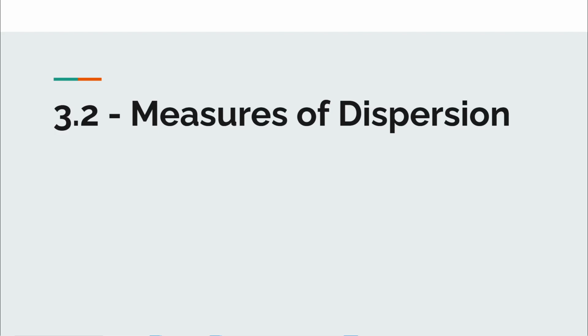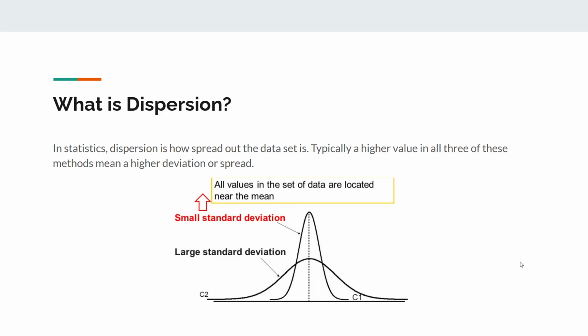3.2 Measures of dispersion. So what is dispersion? In statistics, dispersion is simply how spread out the dataset is. Typically a higher value in all three of these methods or approaches to dispersion leads to a higher deviation or